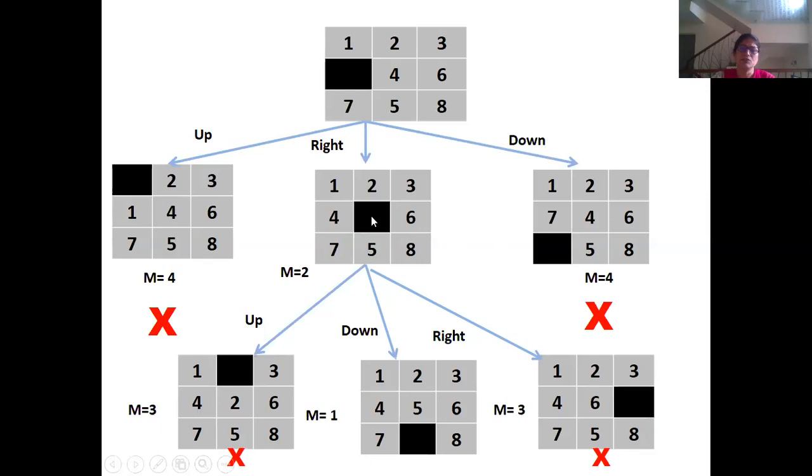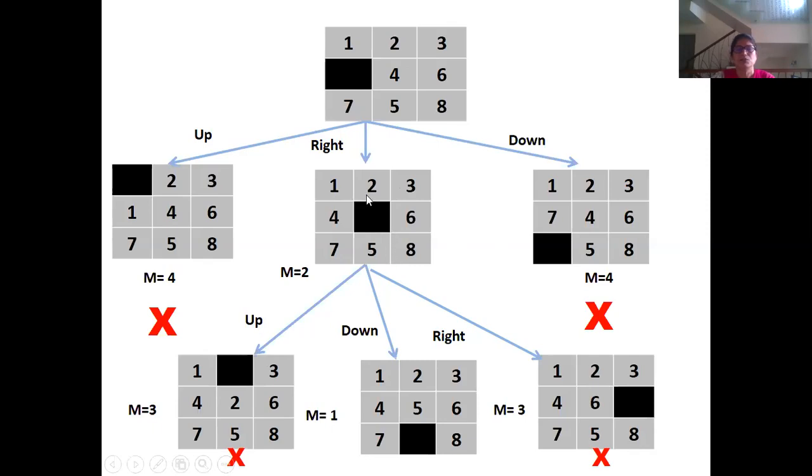So here again, you have 4 positions as the black square is in the center. It can move up, it can move down, it can move to the right, it can move to the left. Of course, you are not going to move to the left because you'll go back to the parent state. So let us move it up and you get a new state. Let us move it down, again you get a new state, and let us move to the right, and you end up with again a new state.